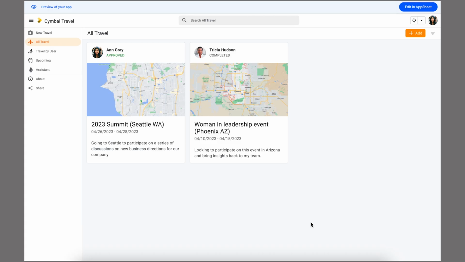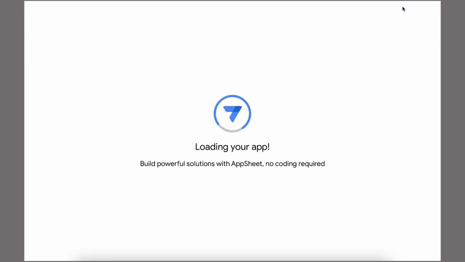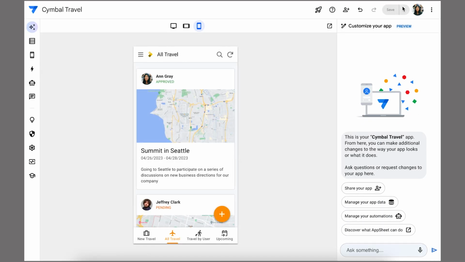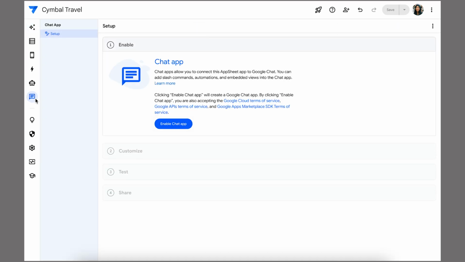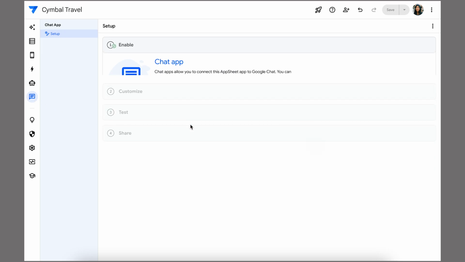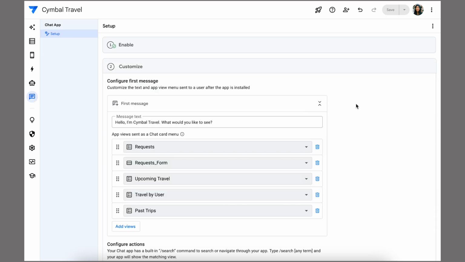A few weeks later, while scouring through her company intranet for a form, Anne has a thought. Since her team spends a lot of time in Google Chat, she decides to try out AppSheet's no-code chat apps feature so her team can just chat with Symbol Travel to get the form that they need. She heads back into the editor and then moves to enable Symbol Travel to run as a chat app in her domain internal spaces. This makes it possible for Anne's teammates to add Symbol Travel to Google Chat Spaces, groups,